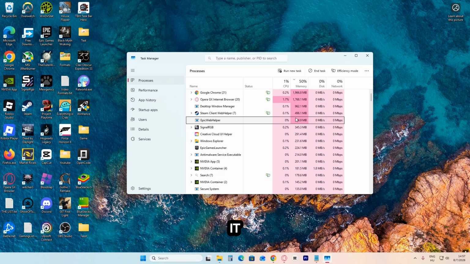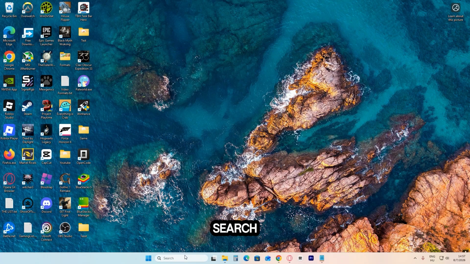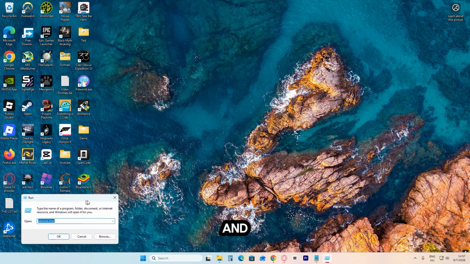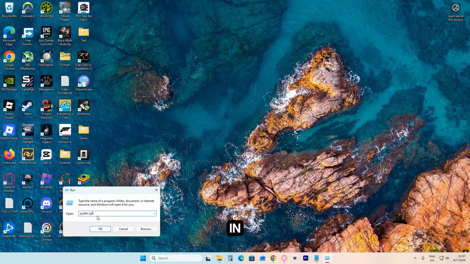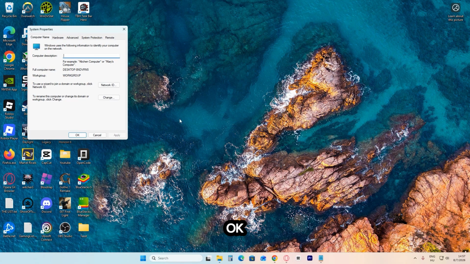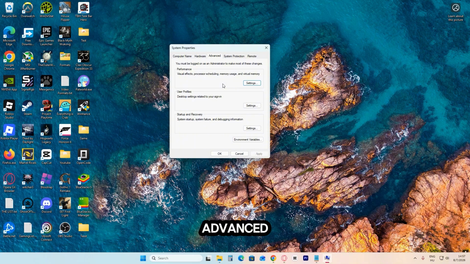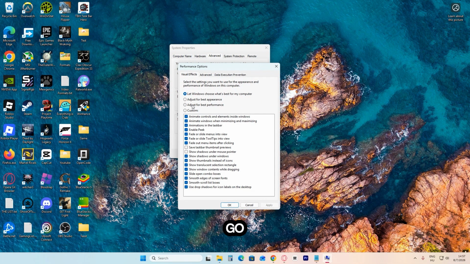This is the best way to do it, but if this doesn't work and you still need more RAM, you can go ahead, type in search, run, then click on it, and now you have to type in sysdm.cpl, click on OK, and now go to Advanced Settings and then go ahead and select Adjust for Best Performance and then